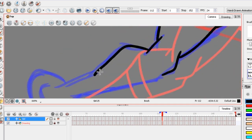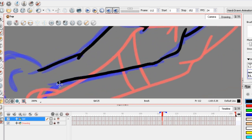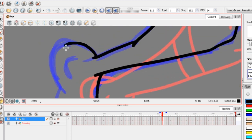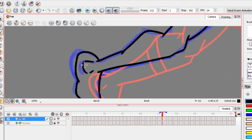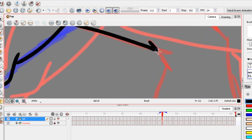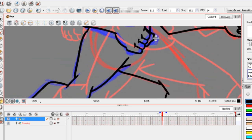So yeah, and I decided to challenge myself for a little bit. I didn't just want to do these kind of generic walk cycles and run cycles. I also wanted to make it a woman, and the reason for that is because, to be quite honest with you, I am not that comfortable drawing women. It's one of the things that I have less experience drawing, and that's just because I wasn't comfortable with doing it for a while,